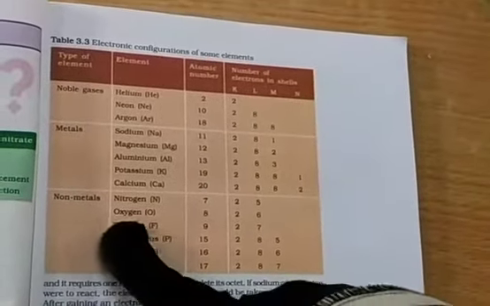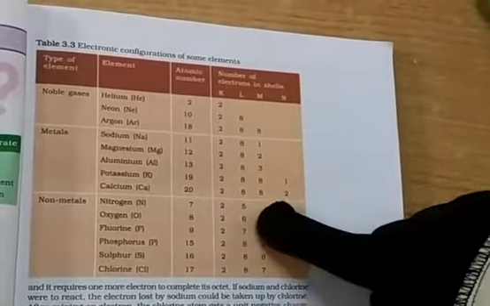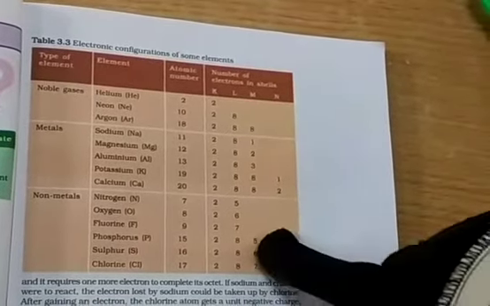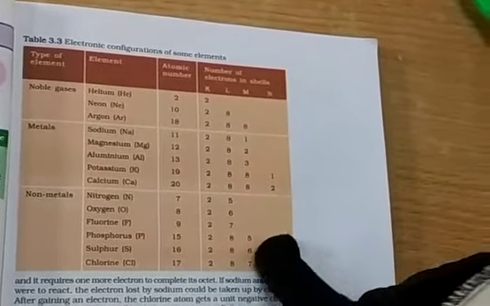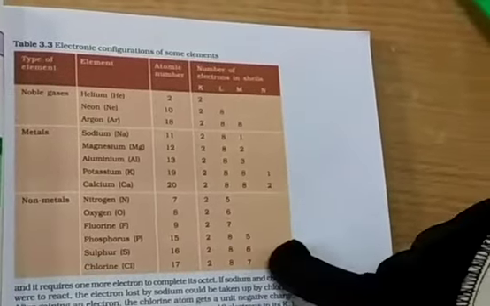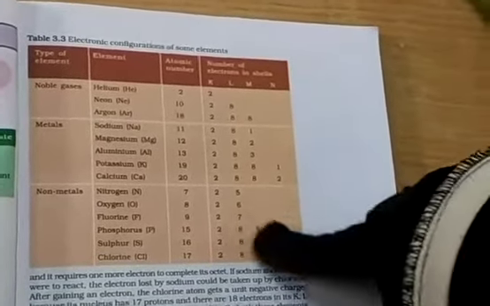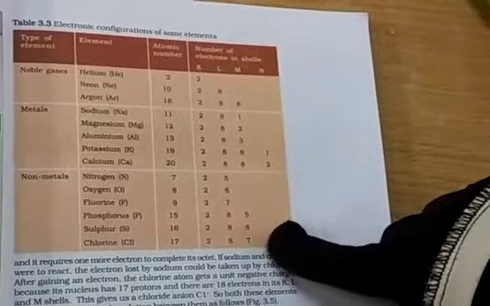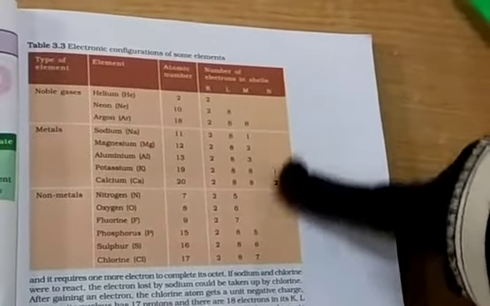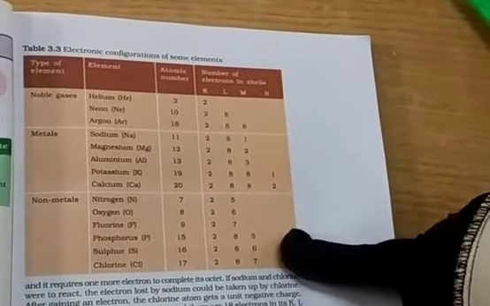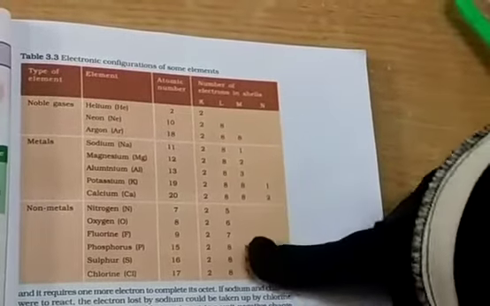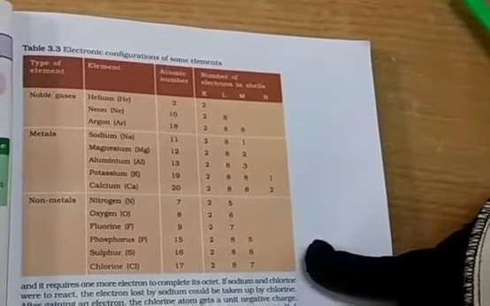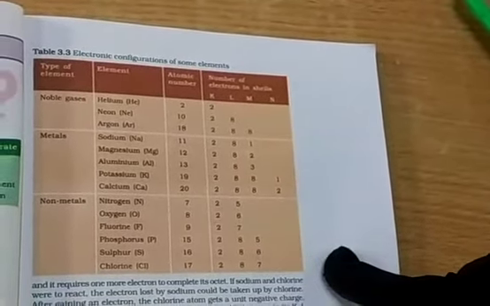Now coming to non-metals, they have many electrons in the outermost shell. Therefore, the property differs here. It changes to non-metal and it will accept. When it accepts, it is known as an anion. This will become a cation, and this will become an anion. Metals react with non-metals and it forms salt and water. Clear?